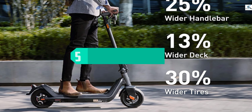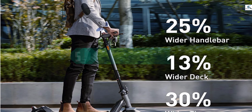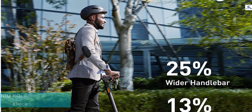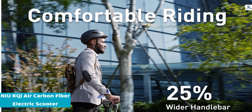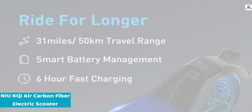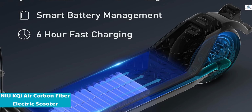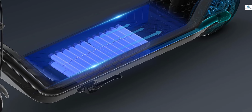Starting at number 5, we have NIU KQi Air Carbon Fiber Electric Scooter. Tired of scooters that struggle on hills and die halfway through your commute? Meet the NIU KQi Air, the carbon fiber electric scooter built for serious riders. With a powerful 700W peak motor, it hits speeds up to 20 miles per hour and tackles 20% grade hills